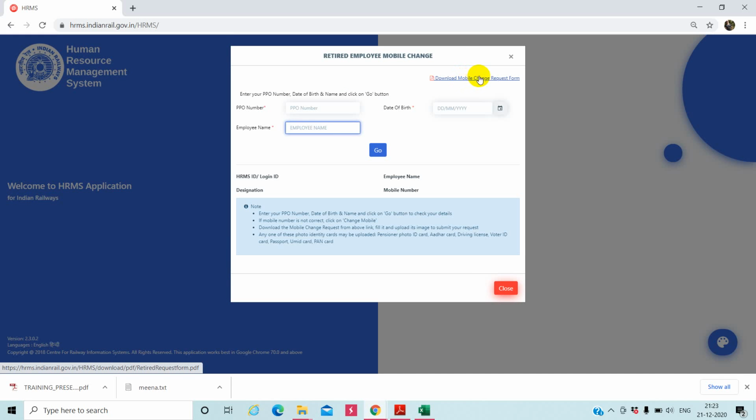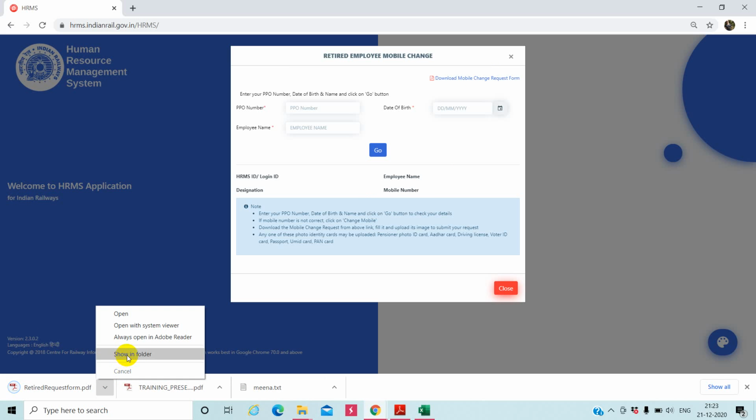Then you may download the mobile change request form, and by this form you can upload the request for changing the mobile number.